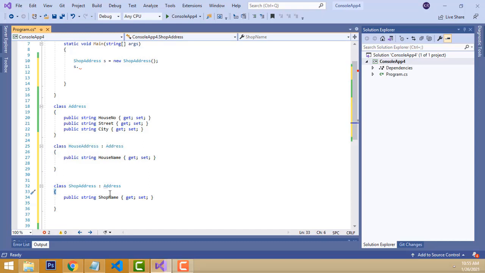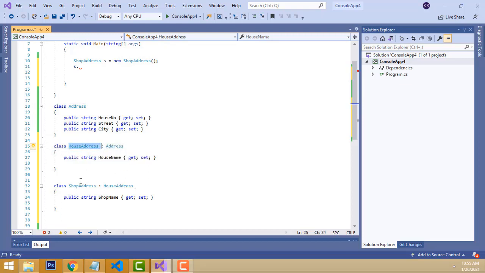Okay, this class, Control C to copy, Control V to paste here. So this class's properties you can get here. What I have to do is, this house class has the address properties, so we have to inherit address. All the address class properties reside in this house class.